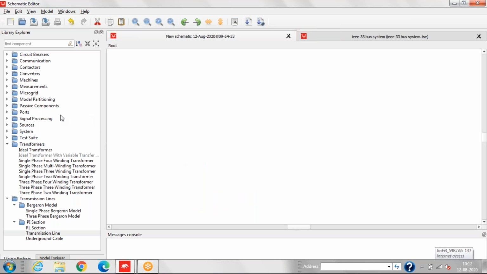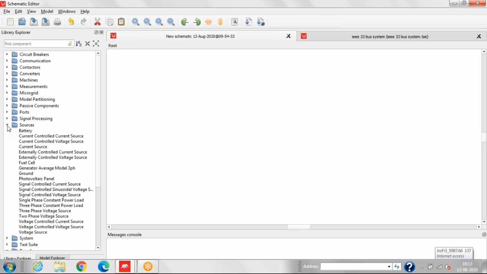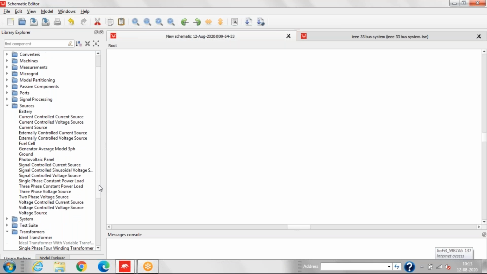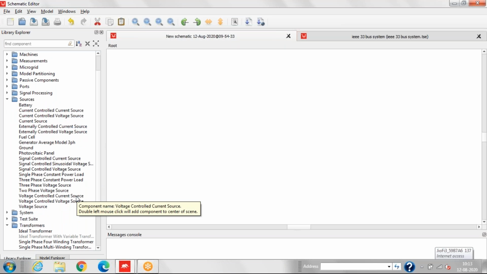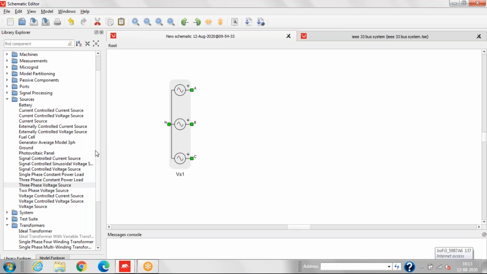So we'll go to the four node system. First we'll drag the source. In the source, we'll take the grid. For the grid, we'll take here a three-phase voltage source. Now we'll take ground here. We'll connect neutral to ground.